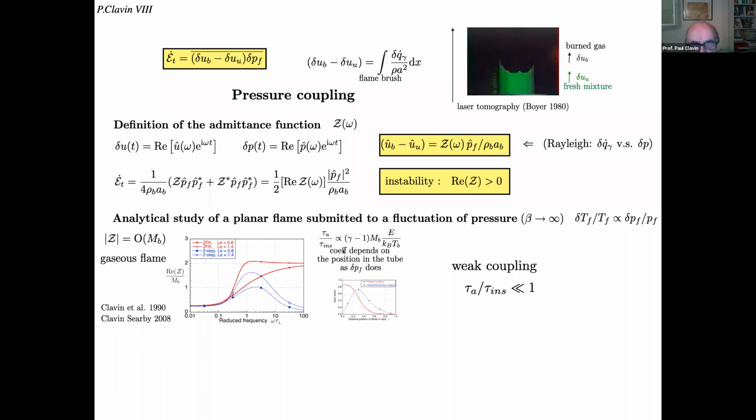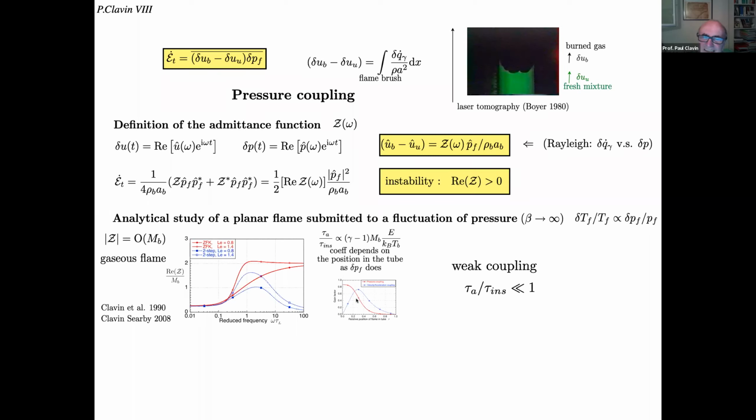Here, you have this term, because the Mach number is small, because gamma minus 1 is not large, it's 0.3, 0.2, 0.4, and this is 10, but this number is much smaller than unity, in such a way that the coupling is weak, and in such a way that the gain for the instability is in fact relatively